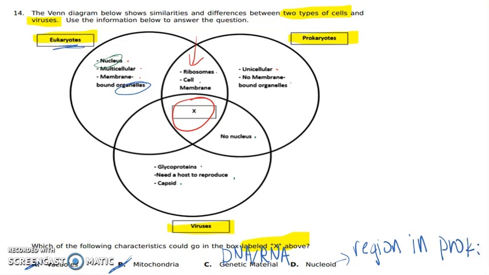Remember that prokaryotes don't have a nucleus, but they do still have DNA. And so where that DNA is held, it's called the nucleoid region. And that's only in prokaryotes. So again, we're looking for what all three have in common, so it's not going to be nucleoid. Our correct answer has to be C, genetic material. Eukaryotes, prokaryotes, and viruses all have some type of genetic material, either DNA or RNA,